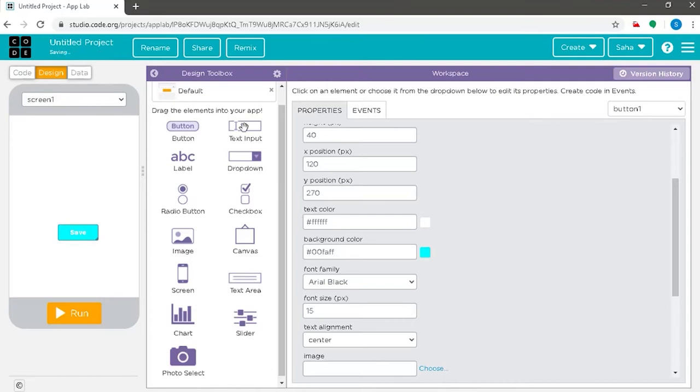Similarly, there is a text input element, which is a blank box which allows you to enter names, numbers, characters. Similarly, there is a label element which gives you an option to label your buttons or text inputs or drop down.